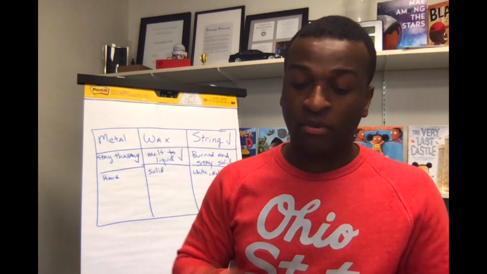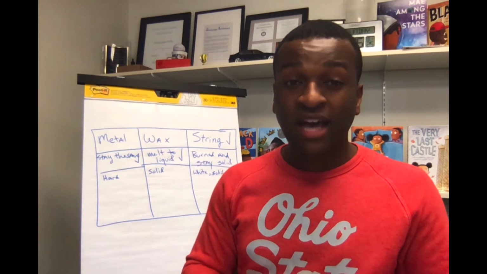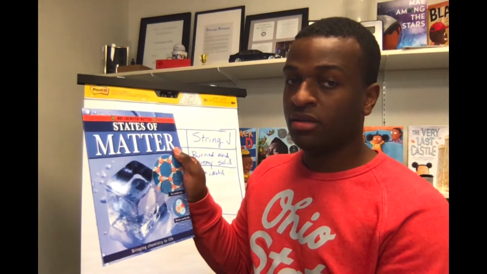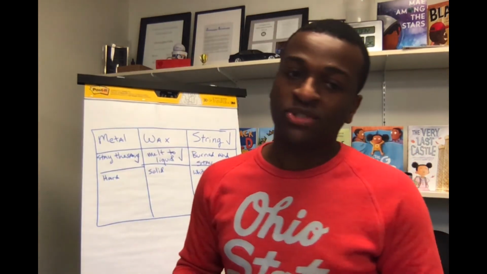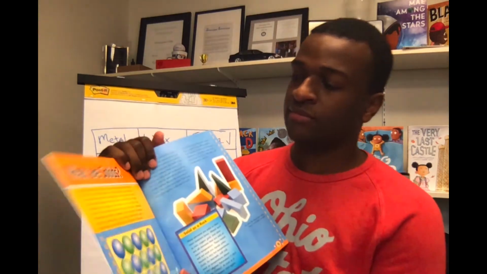So now we're going to read a little bit more from a different book. I think it's important for us to learn a little bit more about what is solid and what is liquid as we go. Here we go. The name of the book is called States of Matter. So again, not like states like Missouri or Kansas or Illinois. States as in how is it in the moment that it is.